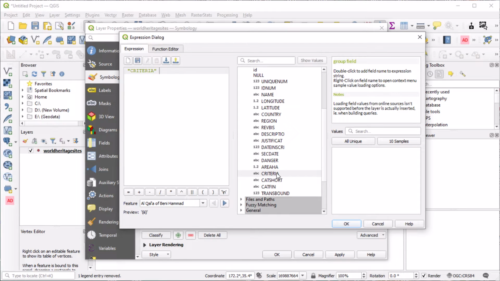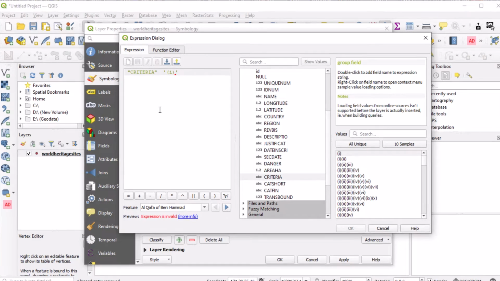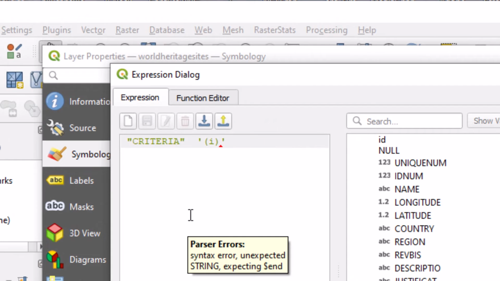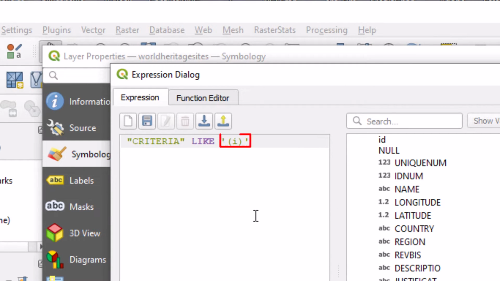Now let's list all unique values within that column. Double-clicking on a Roman numeral for 1 will add it to the expression dialog. We will construct an expression by putting a like operator between the name of the column and a value in that column.